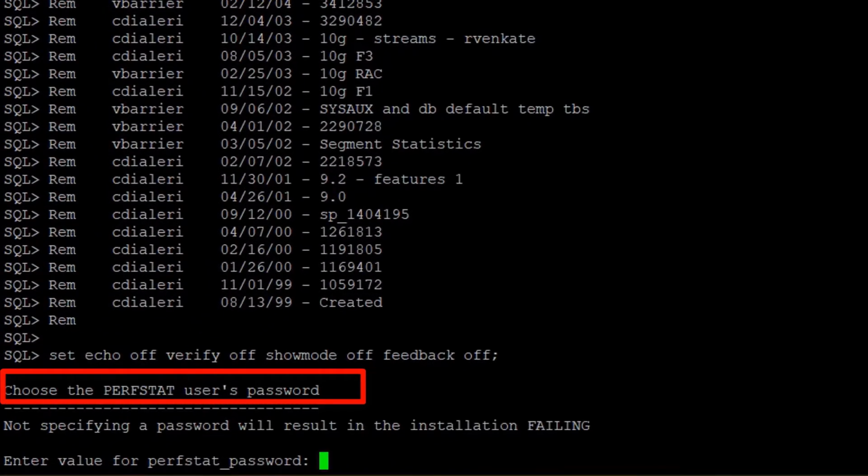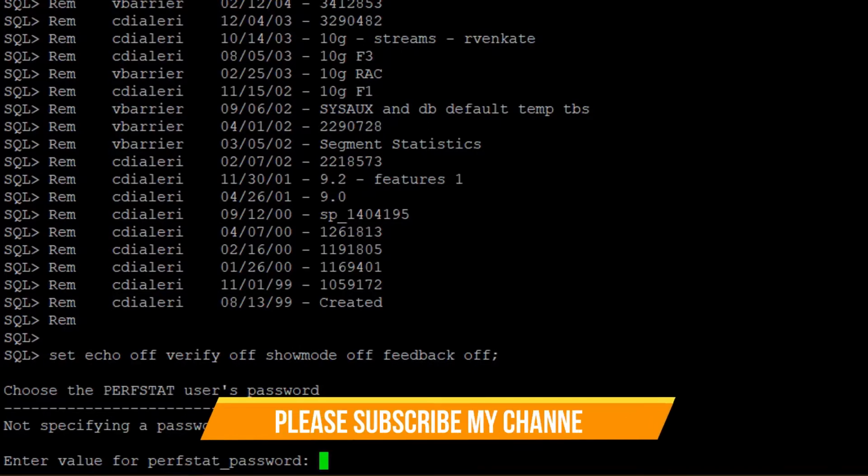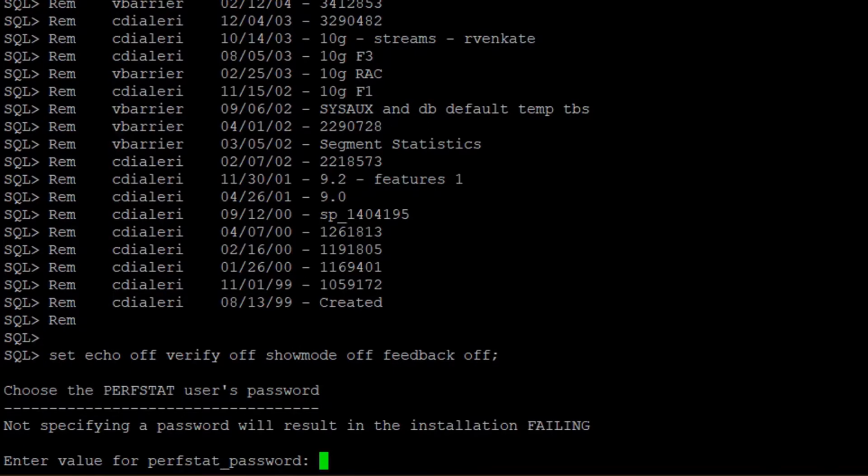During the execution of this spcreate script, it will ask for the password for StatsPack. Enter your desired password, which you want to set for the StatsPack user perfstat. So I'm just entering the same password as the username, perfstat.